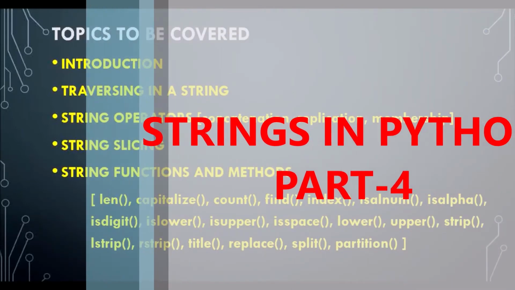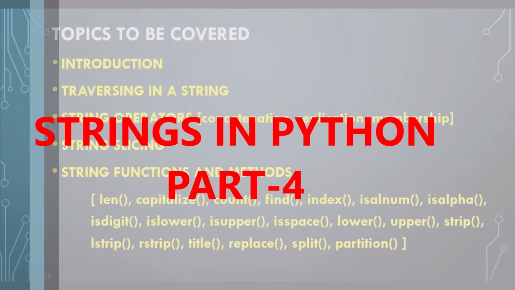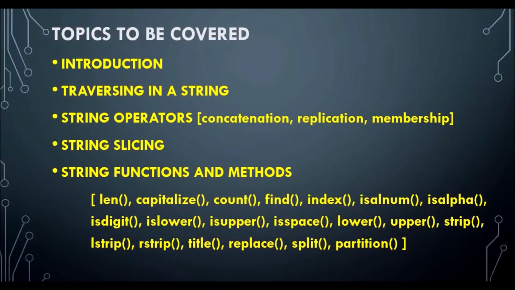Now the next topic is string functions and methods. Python also offers many built-in functions and methods for string manipulation. Basically the string manipulation methods work on the basic format, that is string object dot the name of the method or the function, apart from len. So these are the various functions on the screen that you can see that we are going to study one by one. First is the len function.